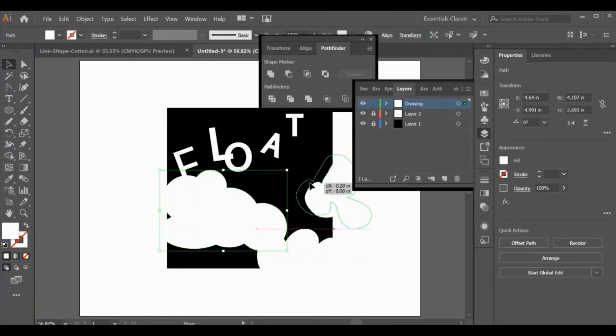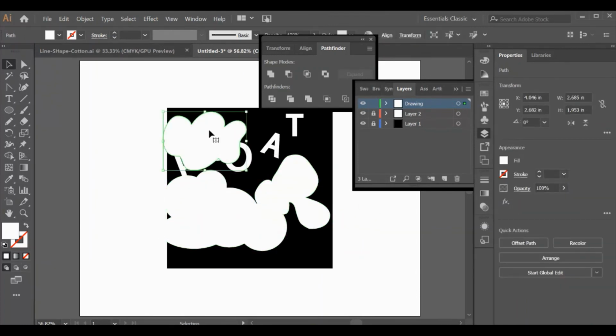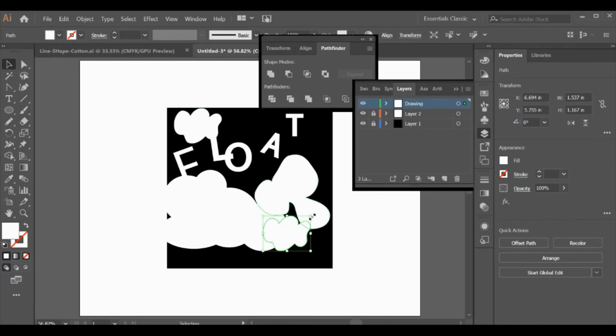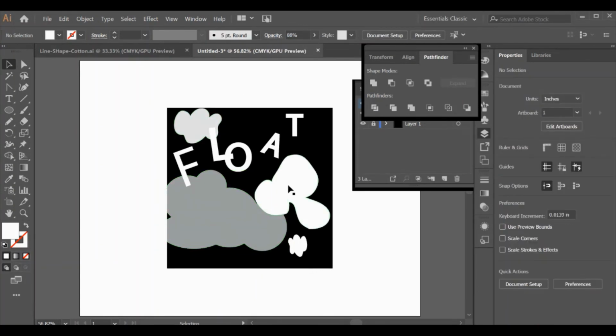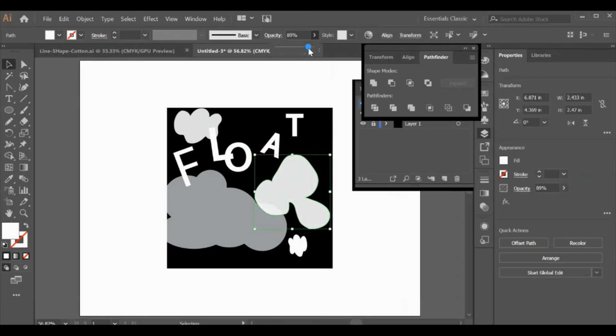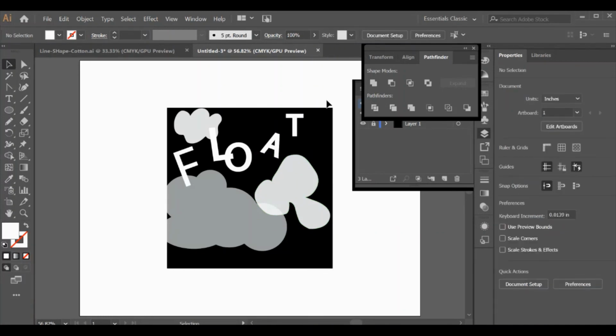But maybe this could be kind of cool to play with the opacity. I could play with the size of these. I could copy and paste by holding Alt, or I can Control C, Control V. I'm going to shrink this one down, flip it so it doesn't look exactly the same as the other one. And then what if you played with the opacity of these as well? Just a little bit. Just turn it down. Now it looks like these are floating. I don't like that one. Okay,